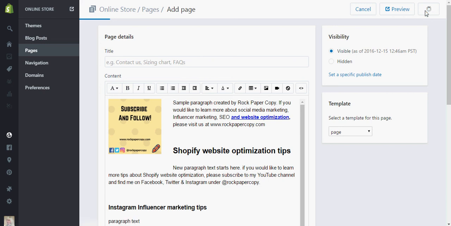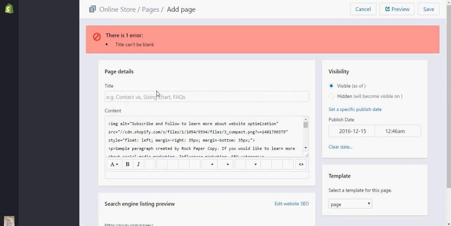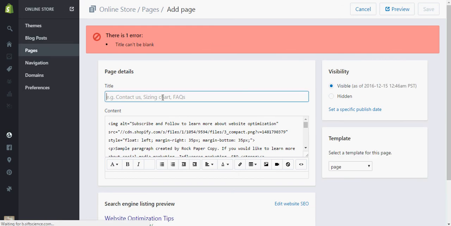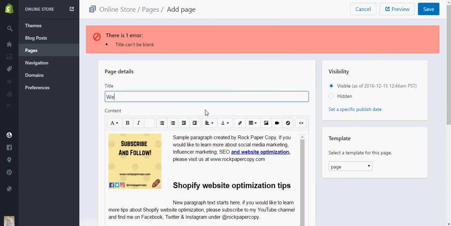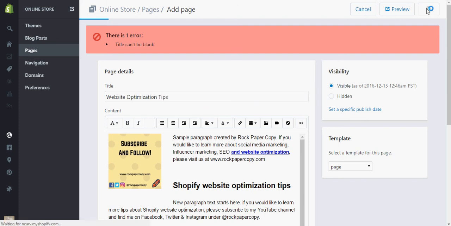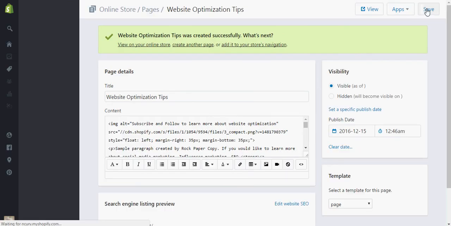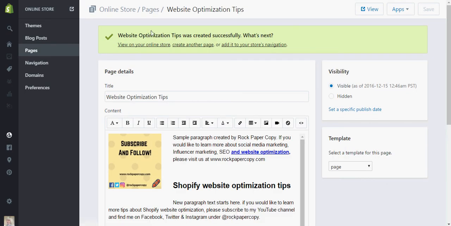Let's save it and preview. Title can be blank. I'm not sure why the title wasn't saved, but I'm going to type it again. Optimization tips. So I'm going to save it, and then we've got an alert that website optimization tips was created successfully. What's next? We can view it in our online store, create another page right here, or add it to our store navigation. So I'm going to view it in an online store right now,